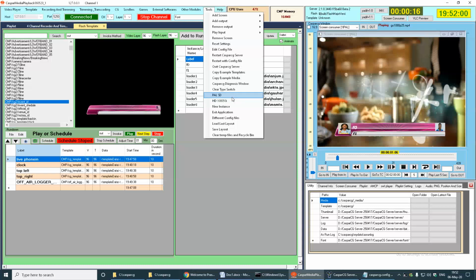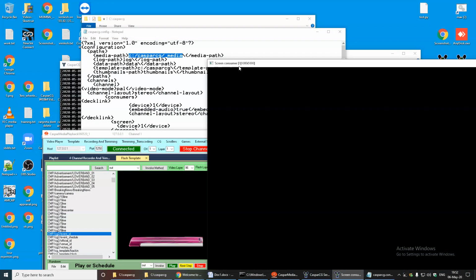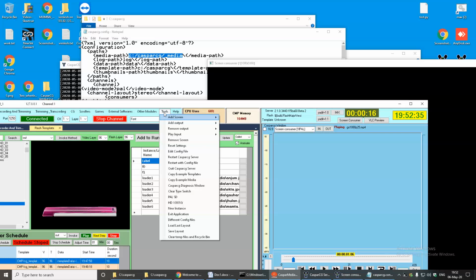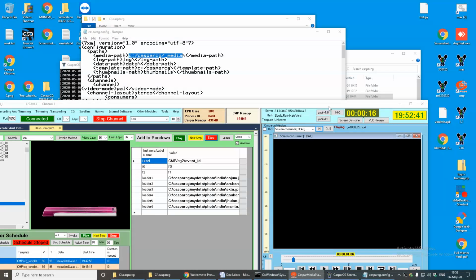Now, PAL SD. Normally we use PAL SD, and some people use some other channel also. We are running mainly with two channel mode: PAL SD, and the second channel is SD 1080 50i. So when you click this, you will get the channel mode like this. I am clicking this, so now you can see the channel mode has changed to 1080i, and if I click again the PAL SD, it changes again like this.